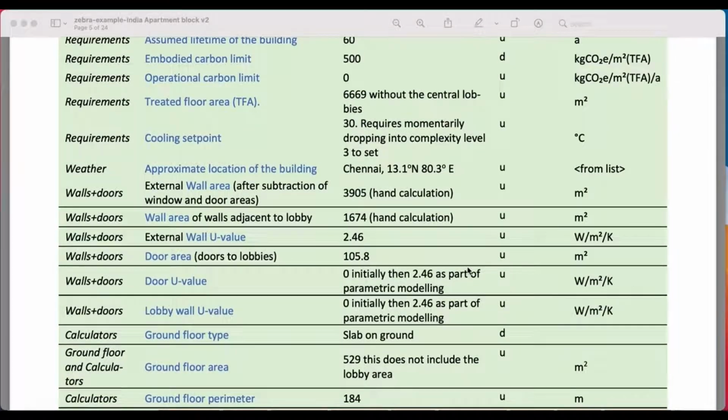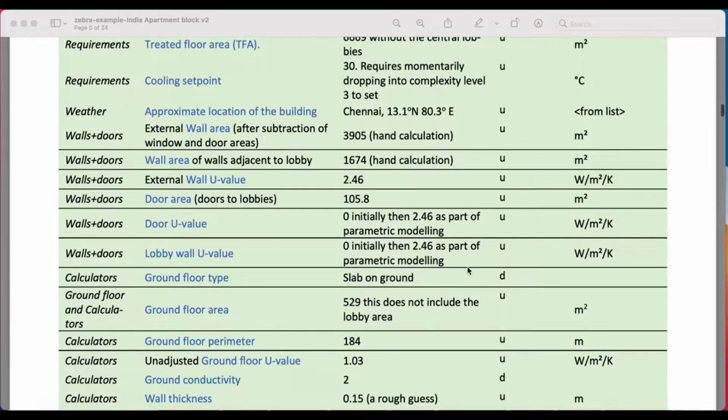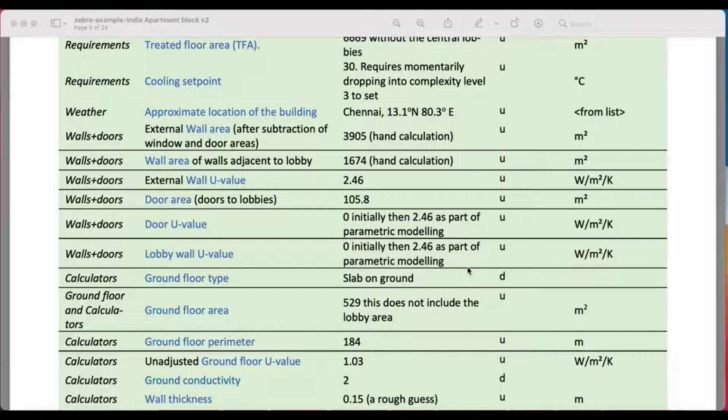We're going to change the cooling set point in this particular example away from the default, because we believe the occupants actually heat that, do not cool that building with a low set point. We're going to have to say where the building is, and that will pick up a weather file. We're then going to look at the wall area and the wall U value, and we're going to put the standard parameters in that you'd put in for any building thermal model, to be honest.